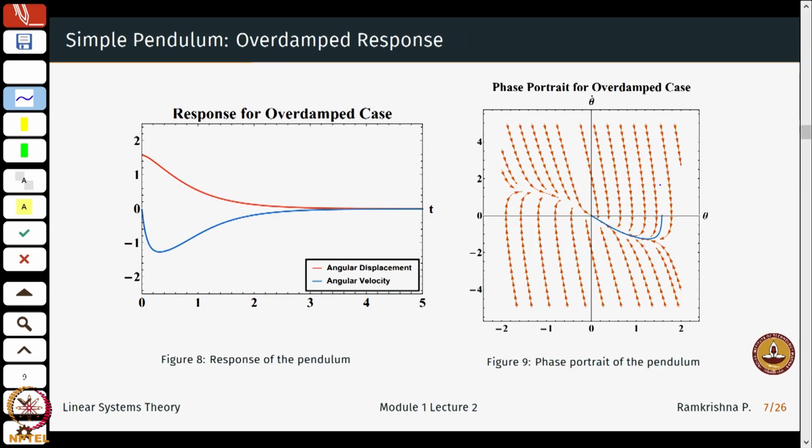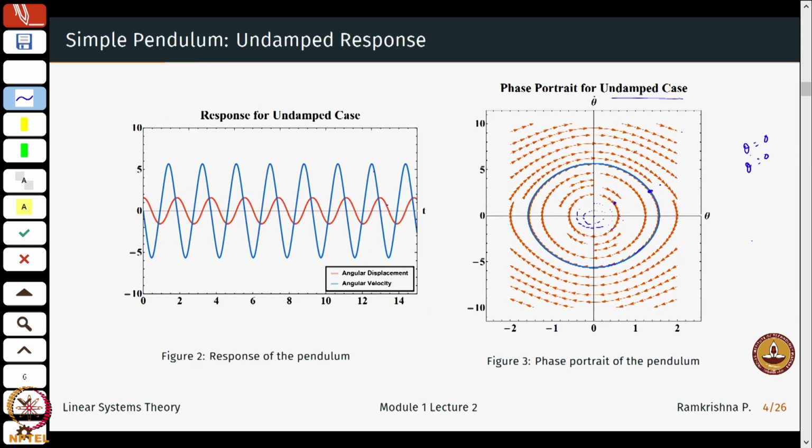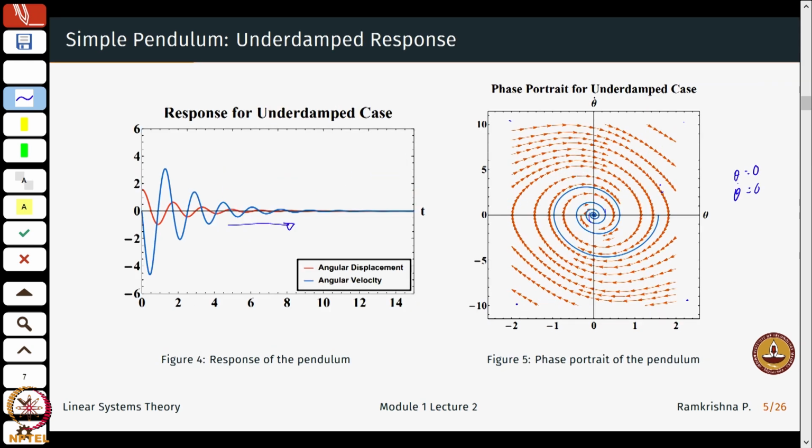So, first is that if I just take an underdamped case for a simple pendulum, a slight perturbation around the origin will get it back to its original configuration, right. So, over here, with a slight perturbation, I again come back to the origin. Okay. Now, what is the origin here? So, these are also called equilibrium points of the system or even the steady state conditions.